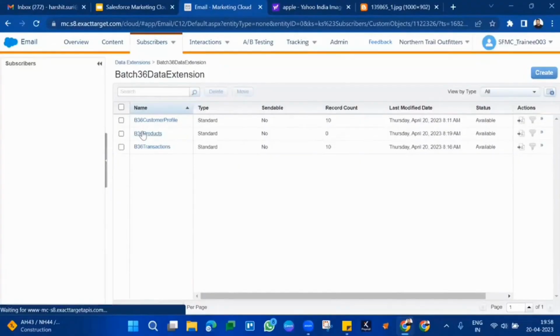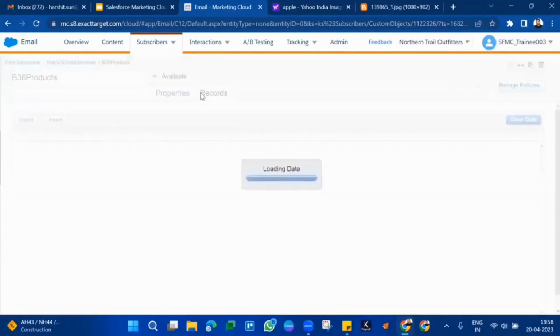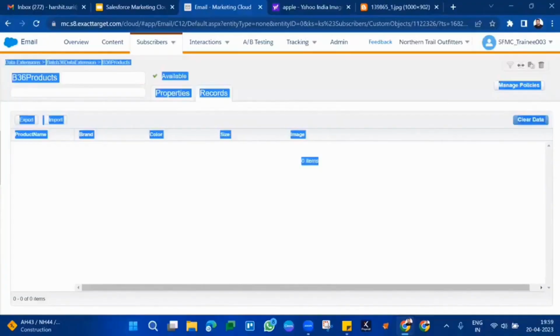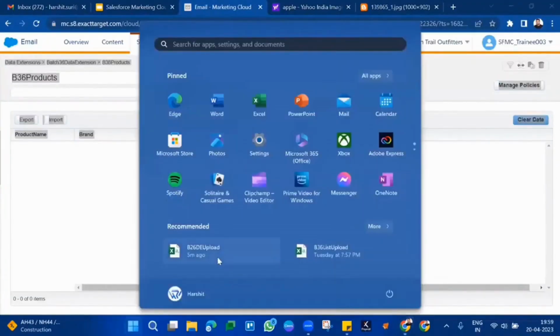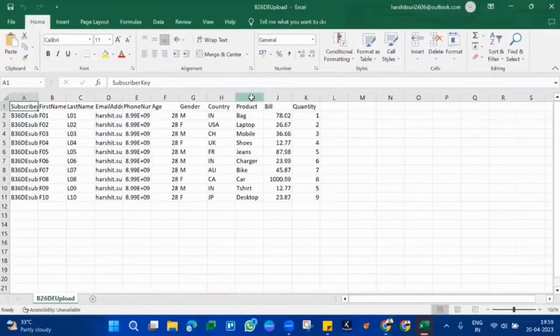we have to upload is product specification. What is the product name, bill amount, everything. Color, brand, image, all these things we have to upload. So let's again open the file. We already have product names. We already have products purchased. What we have to make sure is brand, size,